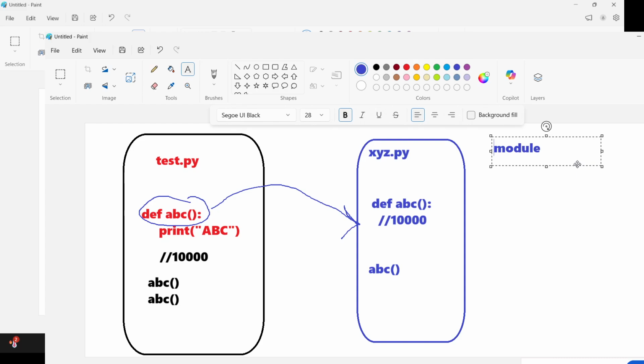All the other subjects that we are going to study later, like data analytics, data science, machine learning, all have built-in modules. So many built-in modules: pandas is there, numpy, matplotlib, scipy, tensorflow, cv. There are hundreds of modules available.